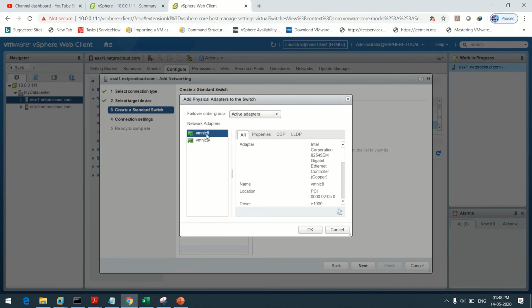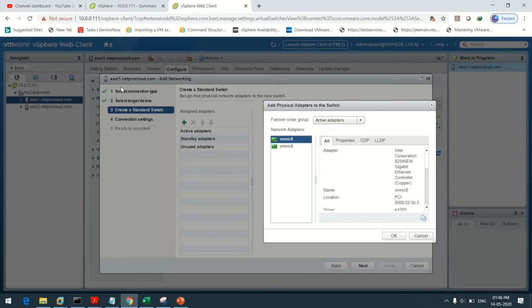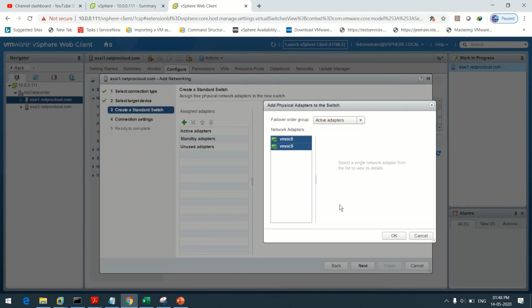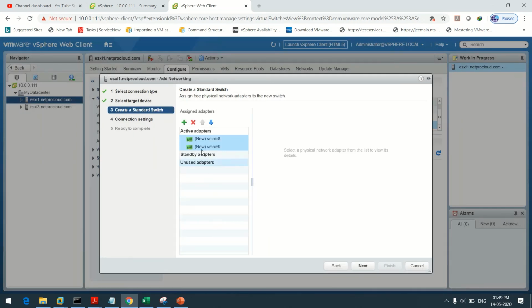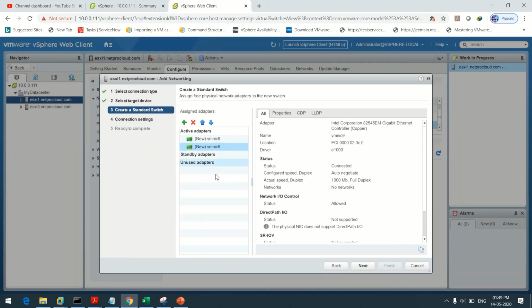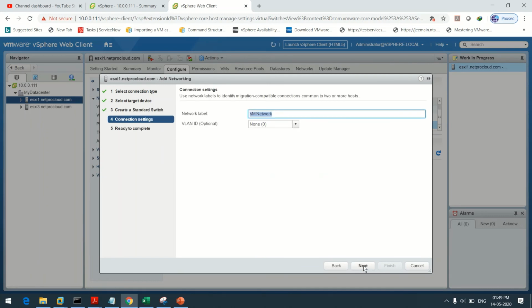So for production, I am just taking VMNIC 8, or we can do one thing that for both my production as well as my development environment we can keep only one switch, right? So for that purpose, I am just adding both the NICs over here. Okay. Now keep VMNIC 9 for development. So keep it in unused state. Fine enough.